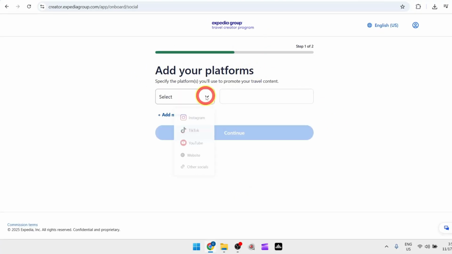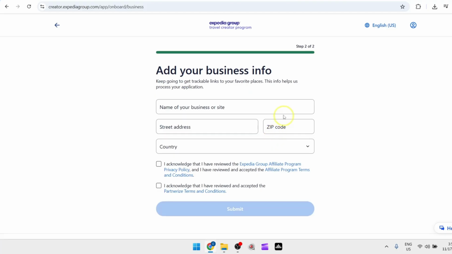So first click on the drop-down menu and select a platform. So it could be Instagram, TikTok, or other social. Then of course, add in the URL or your handle. Then press continue. Next is add in your business information, add in name of your business or site, address, zip